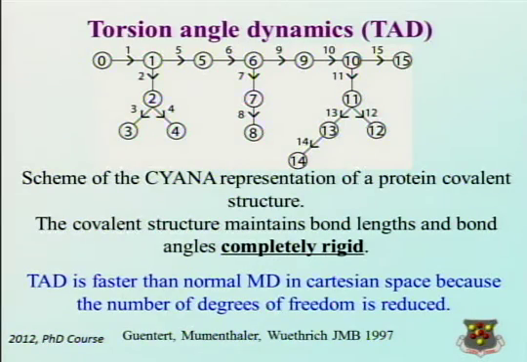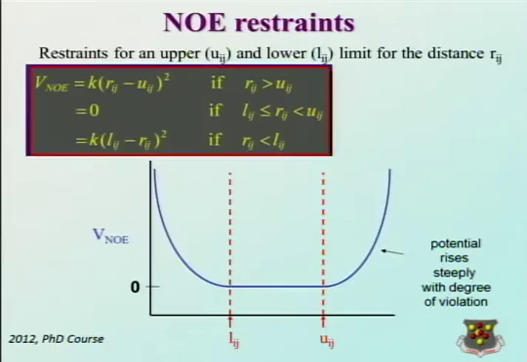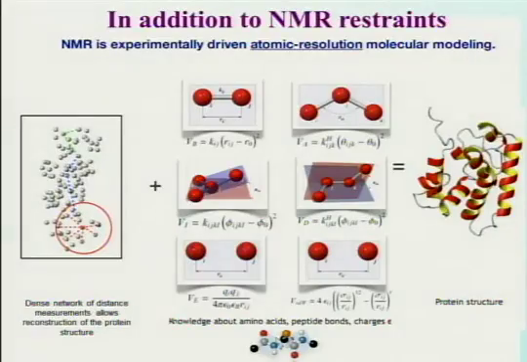The issue with torsion angle dynamics is that you also want this calculation procedure to be fast, because as I said at the beginning, you have to iterate through cycles of structure calculation and reanalysis of restraints. And so you want your structure calculations to take minutes rather than days, which means that in practice you are going to simplify also the force field parameters,